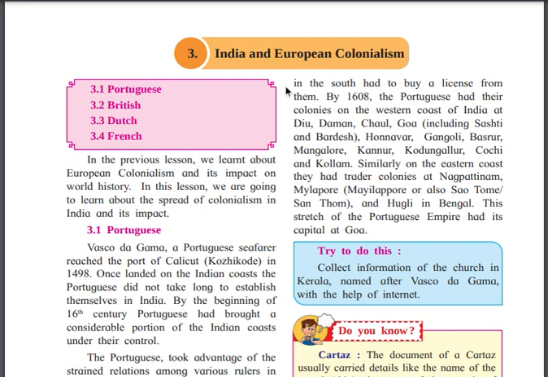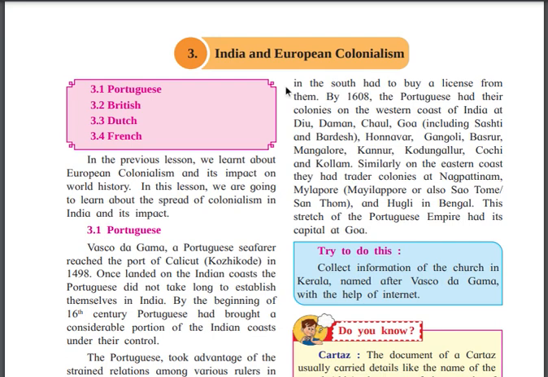British people captured it, but apart from them the Portuguese also came, the Dutch also came, the French also came, but most people are not aware of it. Only the British are well known, but in fact before the British the Portuguese came. So sequentially it is written: first the Portuguese came, then the British, then the Dutch, then the French. In this chapter we are going to learn how these foreign people came and made their colonies, which is very interesting.